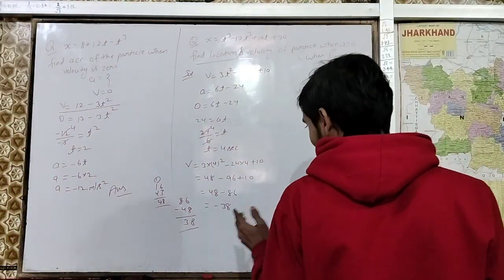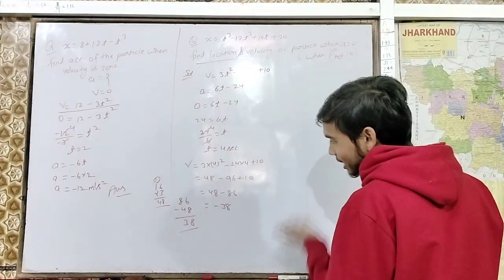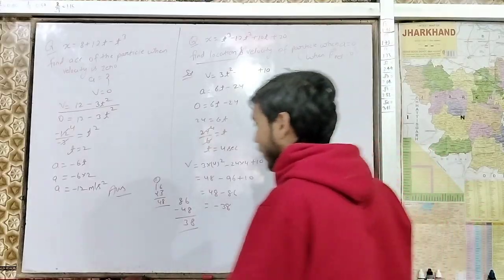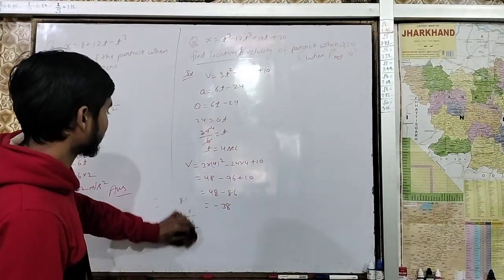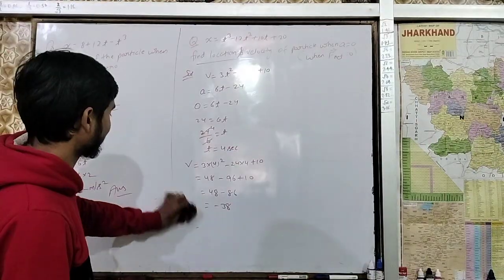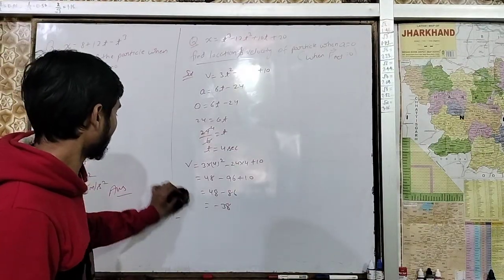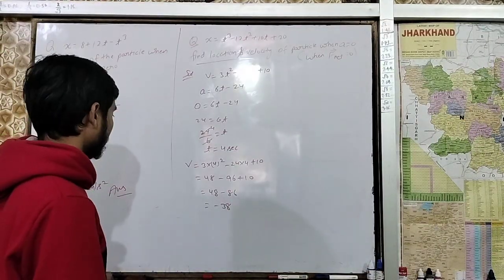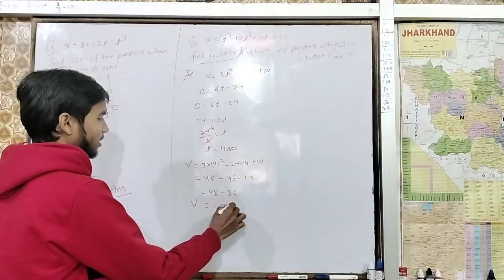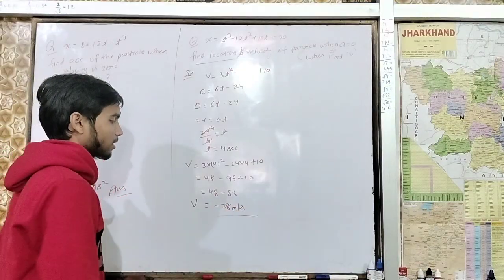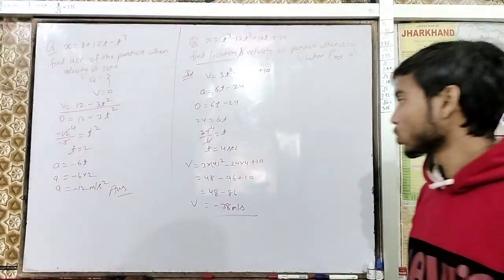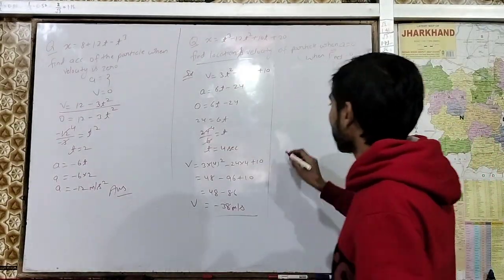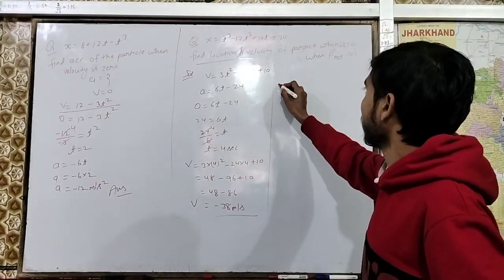What do you understand? Velocity is decreasing. What else? Velocity is decreasing over here because acceleration is becoming 0. That's why. Now, what will be the location of the particle where the velocity is this much? Velocity is this much. So the location of the particle at 4 seconds will be